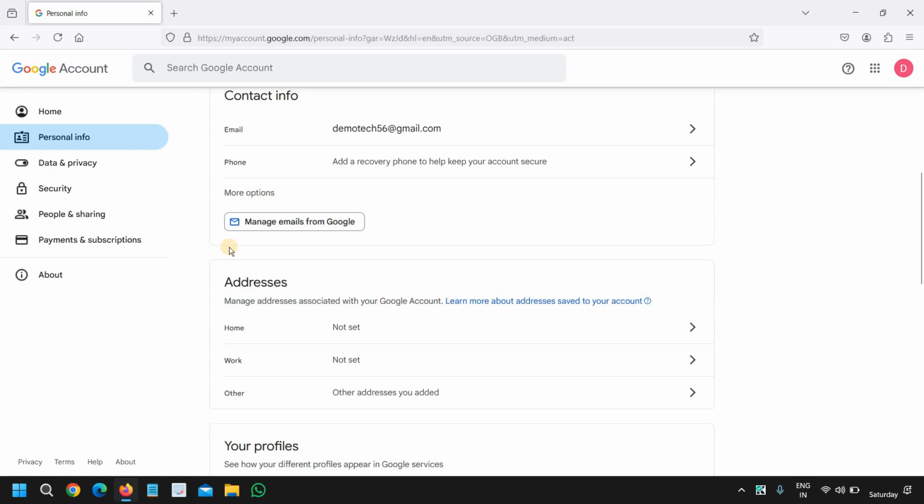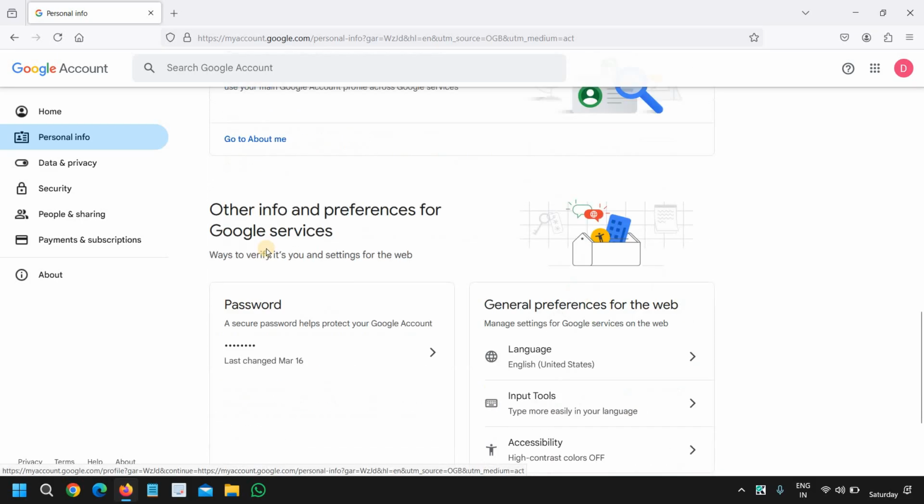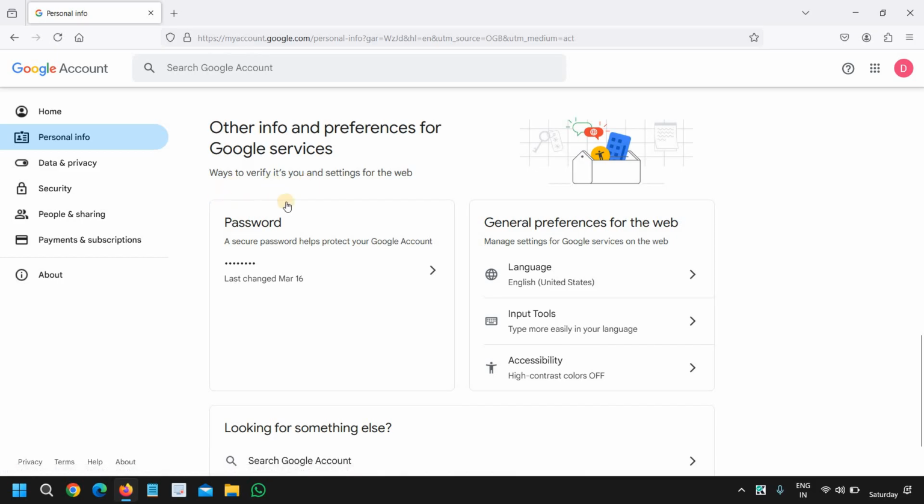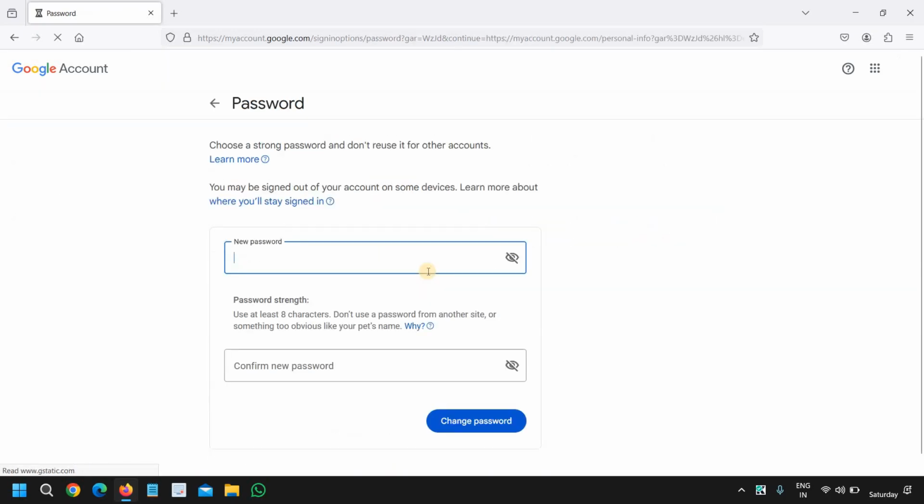And then we need to scroll down and you will find many options, and we need to scroll down to find other info, preferences and Google service. And there you will find the password. A secure password helps protect your Google account. So to change your Google or Gmail password, we need to click on this